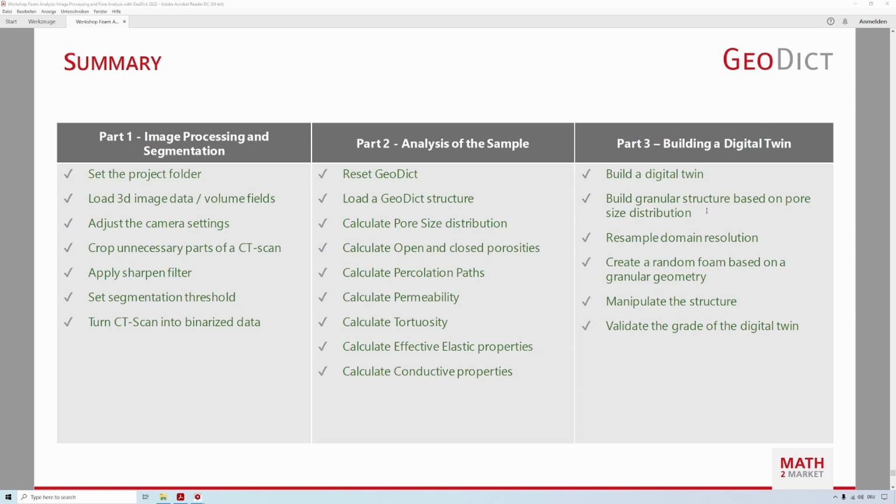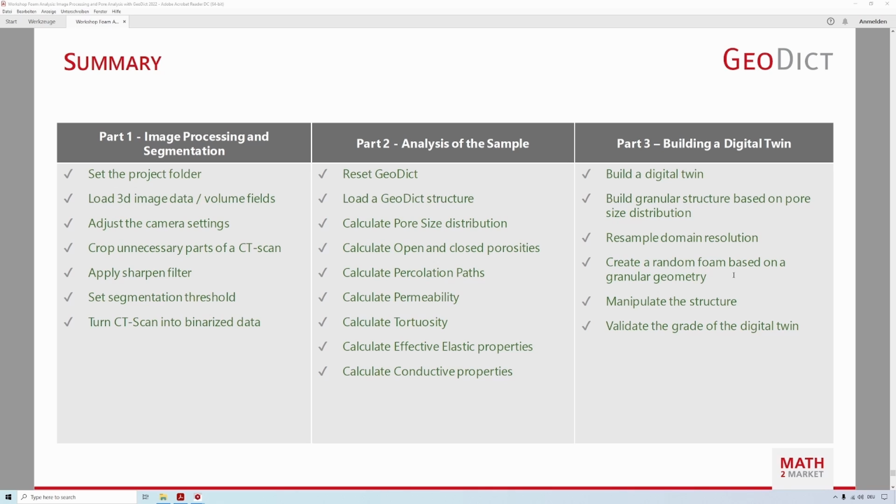Based on this structure, we resampled the structure to a better resolution, which is a good thing to know, that you can generate structures with a rough resolution, which will be faster, and then resample the structure to a larger domain, to a higher resolution, and have a high resolved structure.